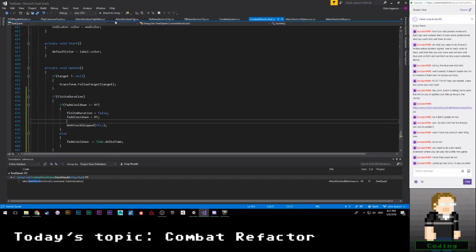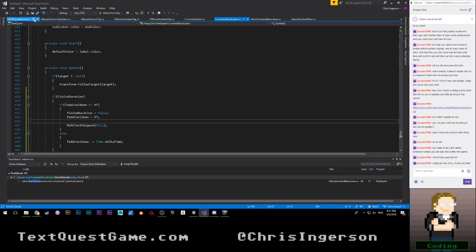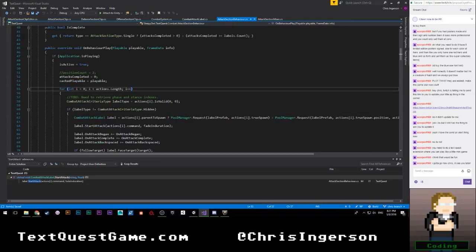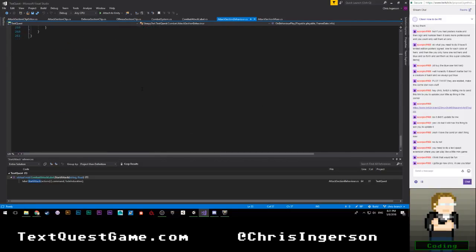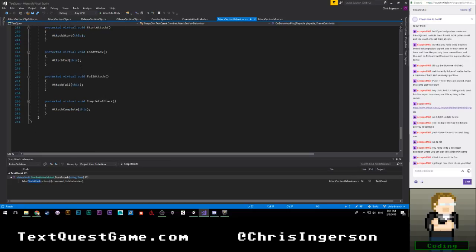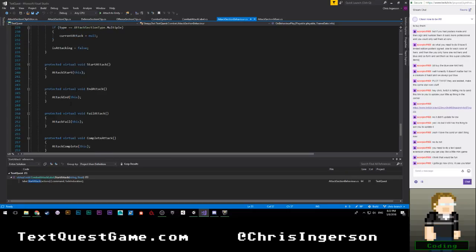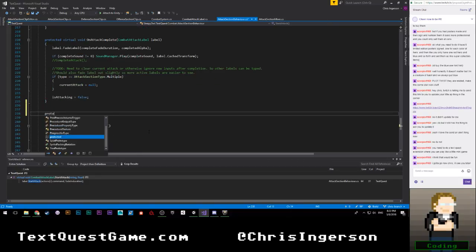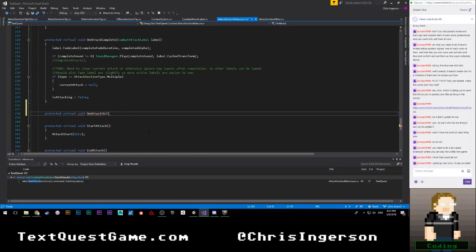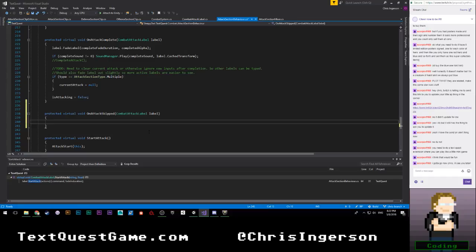With that, we'll go to our attack section behavior. All right. We're going to need to scroll down to the very bottom and say fail attack, skip attack. No, not that. On attack complete. So I guess it'll go down to here. Protected virtual void on attack skipped, combat attack label, and we're just going to say